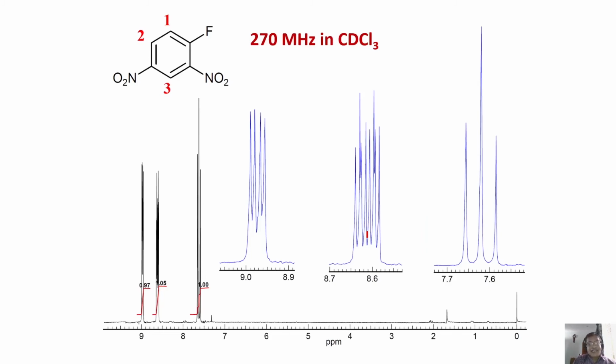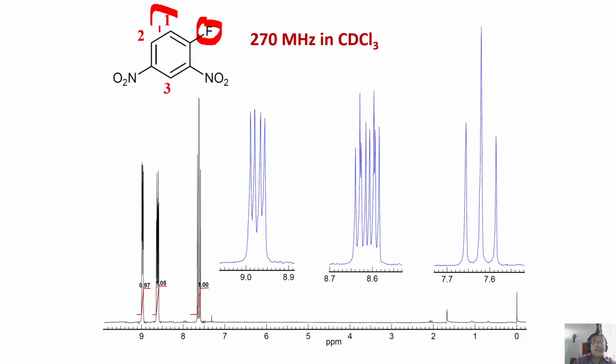Now, we will take another example where, in the proton spectrum, coupling to a different nuclei comes into the picture. Get my point? Coupling to a different nuclei, that is heteronuclear coupling. But remember, this resonance is not seen here. That is seen only in the fluorine resonance. But since you are getting the proton spectrum, you have to focus only on this proton, this proton, and this proton. So there are 3 groups of peaks, 1, 2, and 3. That's all. And the fluorine is a passive spin.